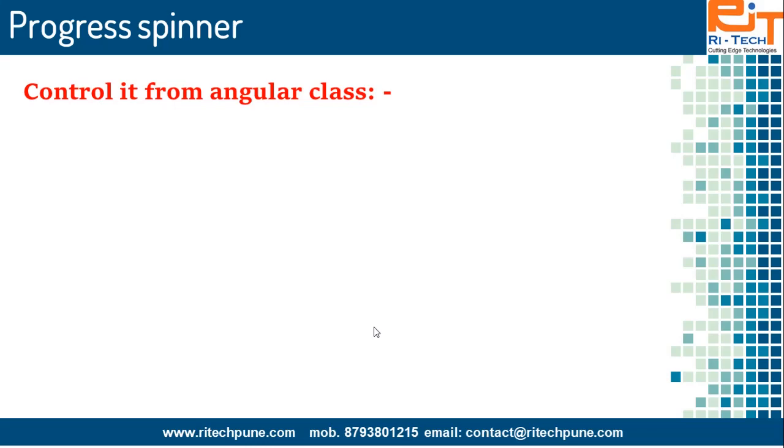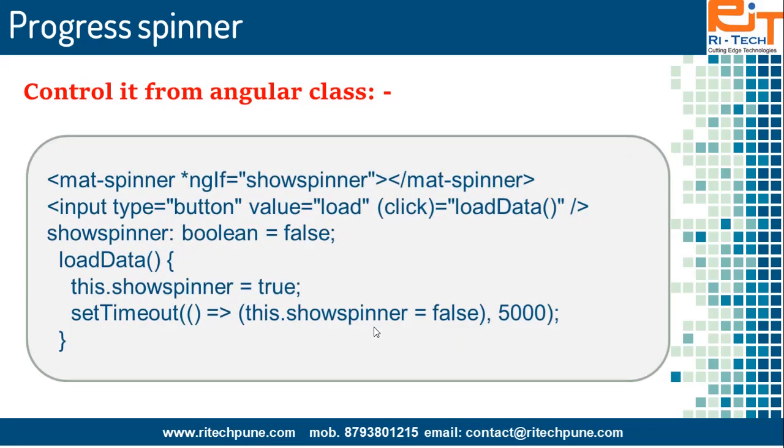Now, you can also control this progress spinner from the Angular class, and to control it, we need to create some variable in the Angular class, and then we can use the ngIf directive, and depending on the value of that particular variable, we can control the continuous spinner. So here we have created a continuous spinner using the mat-spinner directive, and we are showing the spinner if the showSpinner variable value is true. So *ngIf is the directive, and this directive will show the spinner if the showSpinner variable value is